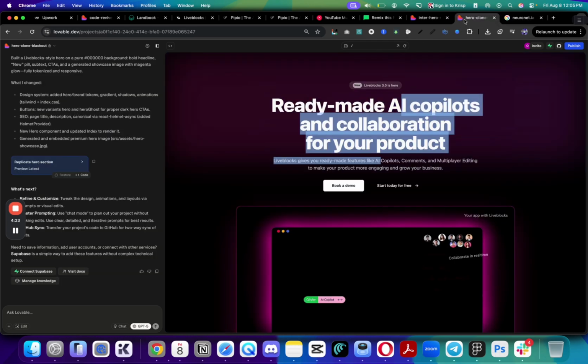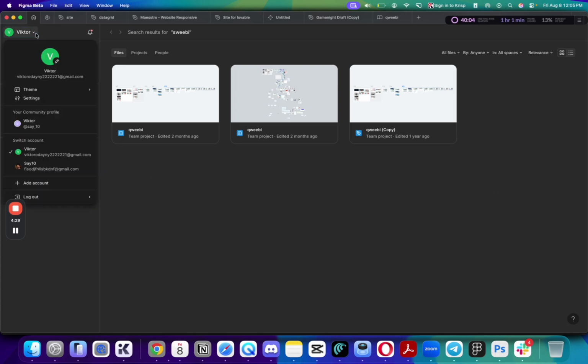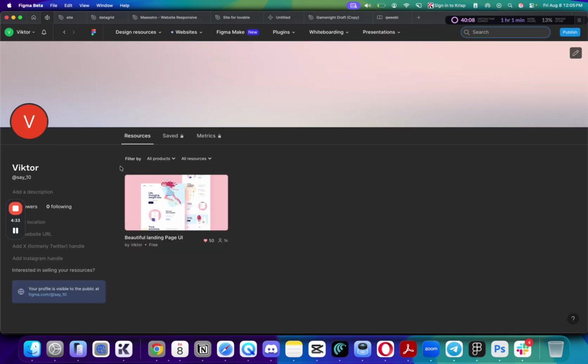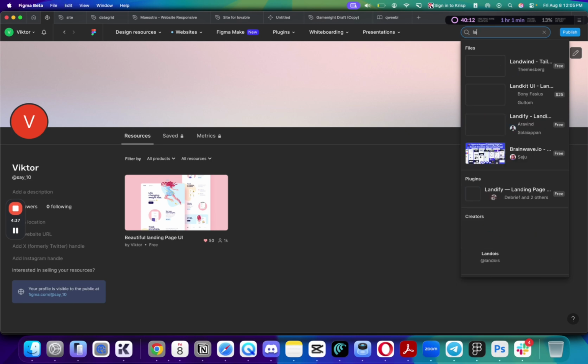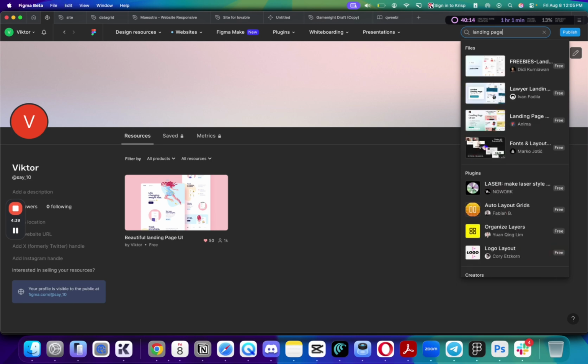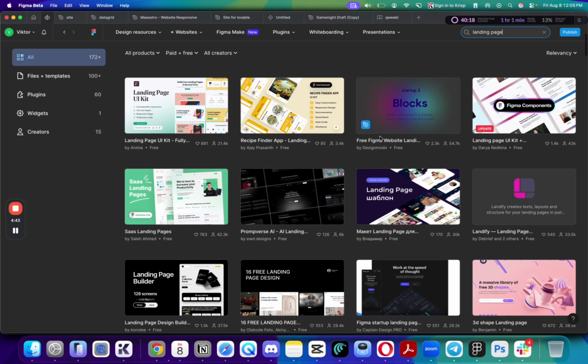But for the third option, let's actually try my favorite way, which is to go to Figma community. So in this Figma file, I'll just click on this. And then there is a community file here. And here in the community, I can type landing page,